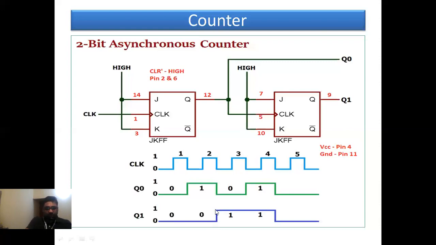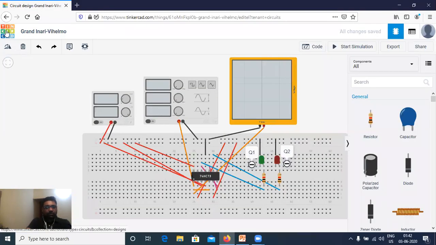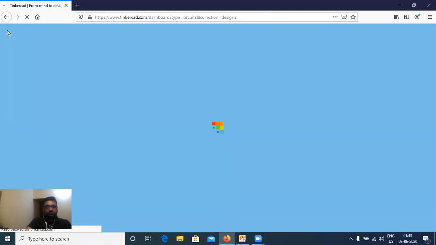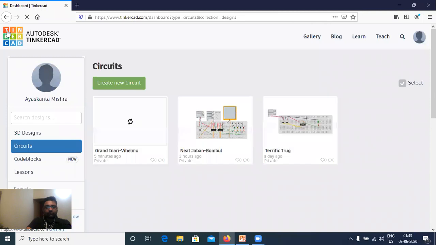So let me go to Tinkercad. I already told you in previous video lectures that to go back to the main menu, you have to click on this Tinkercad logo on the left hand side corner. So this will show all my previous designs here, but I have to create a new circuit. So create new circuit.